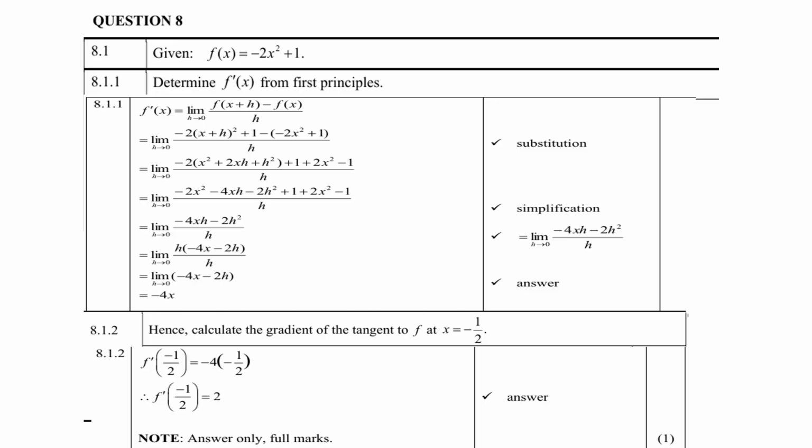Of course, you can always use the rules later on to check whether your answers are correct. Then we do the substitution. Please be careful. The most common mistakes made by students are in the very first step when they do the substitution. Remember, you must follow the formula. If the formula says f of x plus h, then your x in the given formula must be replaced by x plus h. And don't forget plus 1.